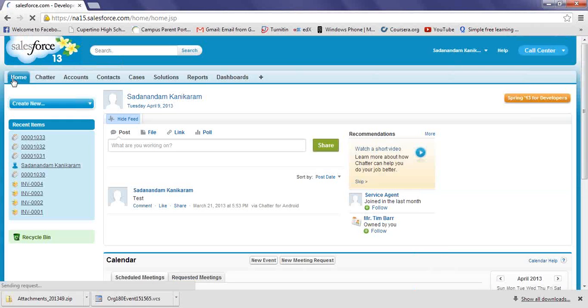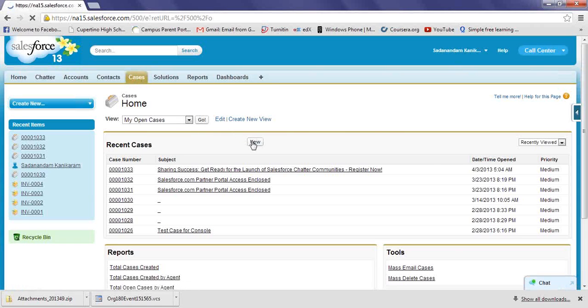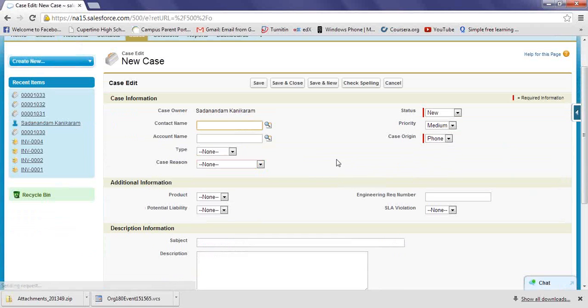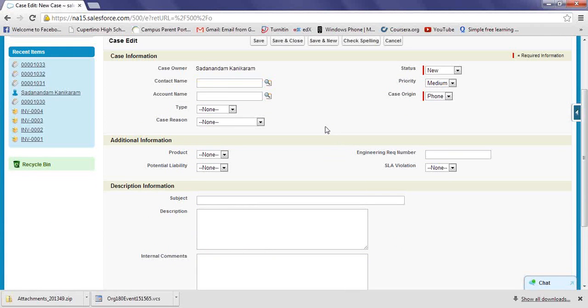And pretty much whatever we are discussing is accomplished through configuration as well as customization of the Salesforce system. Most of the time, whatever a user or company gets when they sign up for a Salesforce account, everything will be modified. Everything in the sense, let's say, the thing you mentioned, cases. This is the new case form, which is part of the out of the box case form. But if you compare this with what you have, Srikanth, it is different, right? Maybe contact name might be changed to something else, or account might be site name or company name.